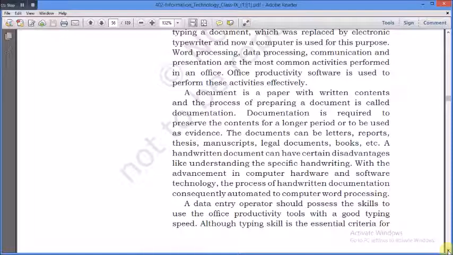Documentation is required to preserve the content for a longer period or to be used as evidence, such as your attendance register. Your class teacher comes to your class every day and takes attendance of each and every student, those who are present. So why? Because that can be presented as evidence.